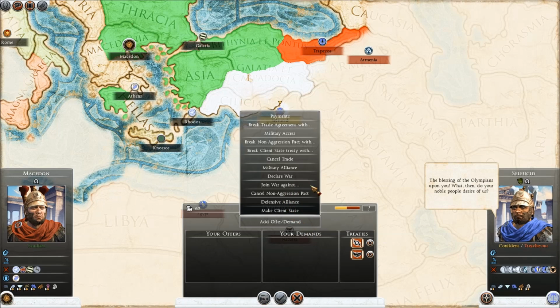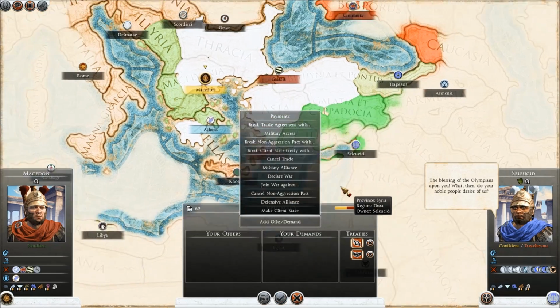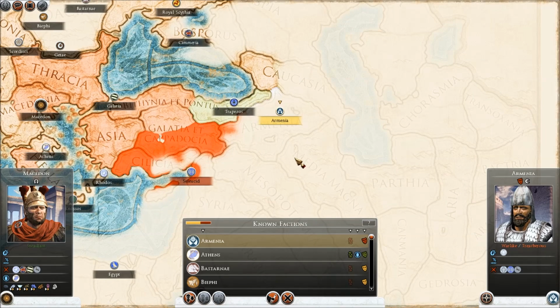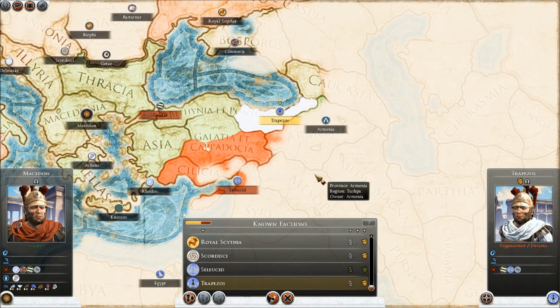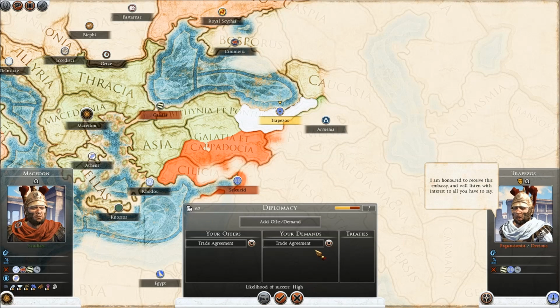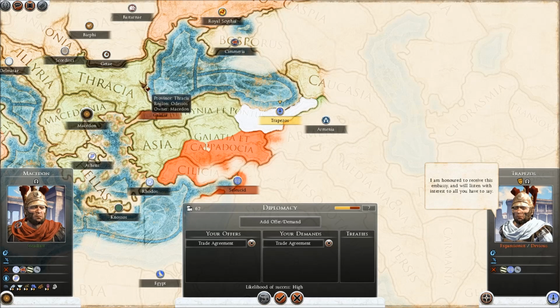and the Seleucids are not interested in a military alliance with me. And there we have Armenia is unhappy with the Seleucids and also Trapezos. So it would be natural for me to declare war on Trapezos and Armenia. I want to keep very high positive relations with the Seleucids. I see that Trapezos would really like to trade with me,